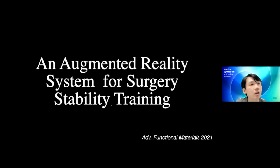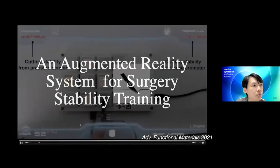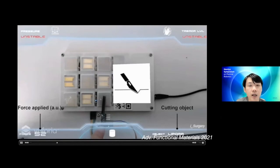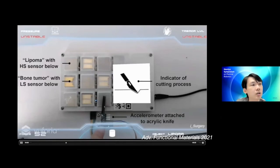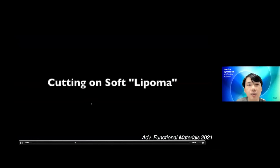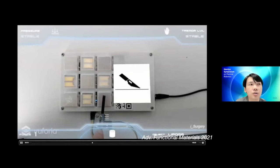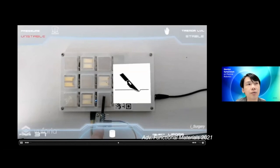Here's an example of an AR system where we have developed materials, sensors that can respond over a broad range by design. And so what you see in the video is basically different kinds of tumor types, soft and hard tumor. And we developed a sensor mat that can train surgeons when they're doing cutting actions through some form of AR system. So what you're seeing is through the screen of a smartphone, and you can see that as